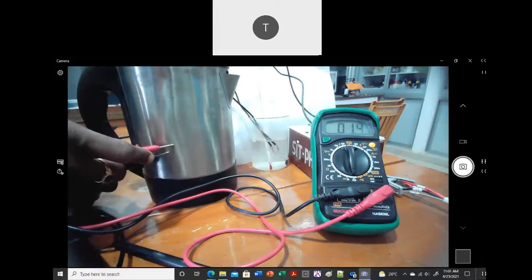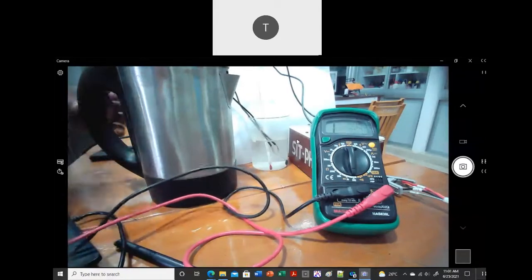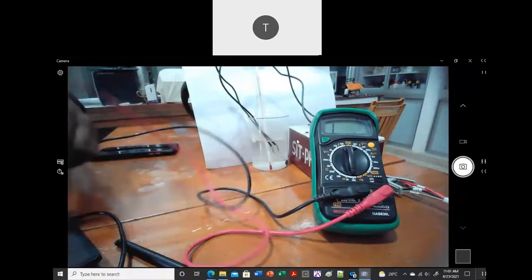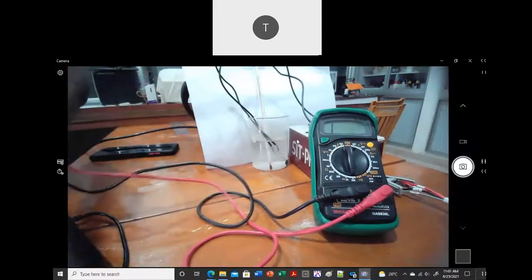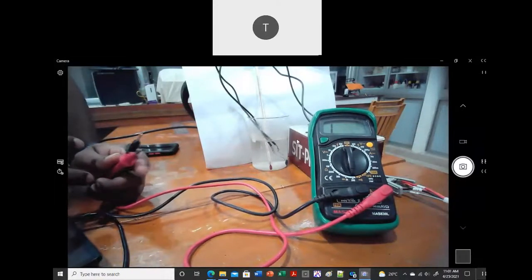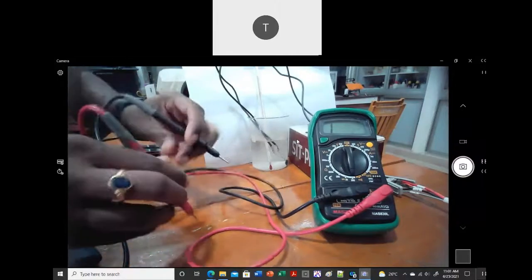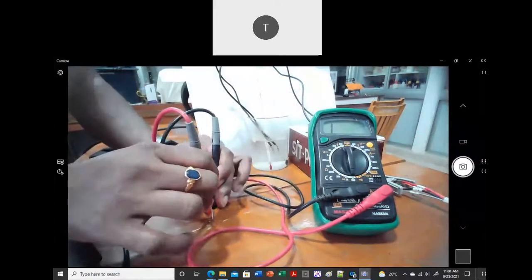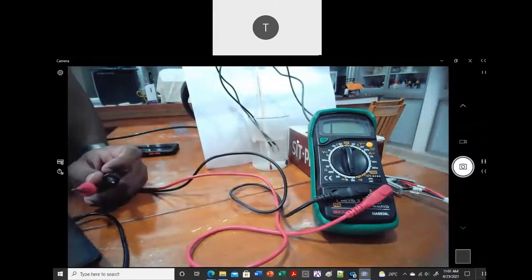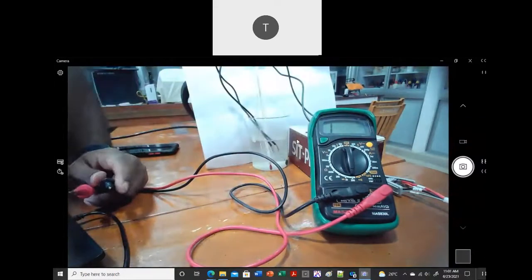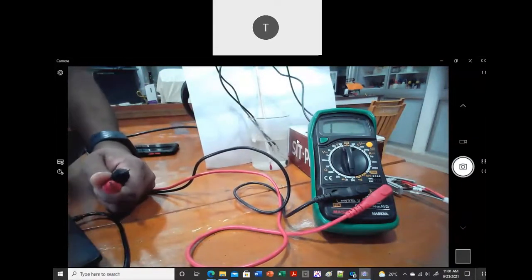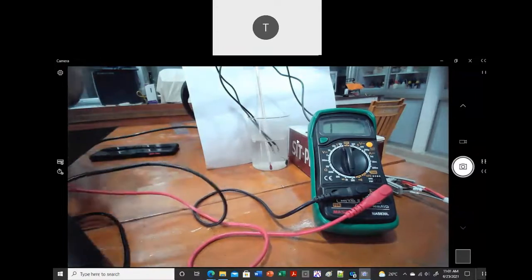This is because conductors, like your metal, are good conductors. There are a lot of electrons which can contribute to conductivity, and hence the resistance will be very less. But if I take an insulator like wood and try to measure the resistance, you can see it is showing a very high value. It is showing 1, but it is actually infinity. It is very large and it is not able to take the measurement. For metal, it was 0.5.